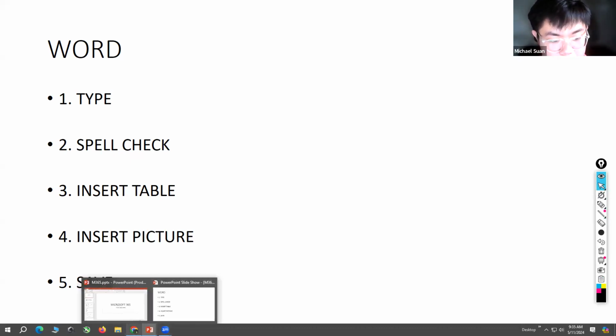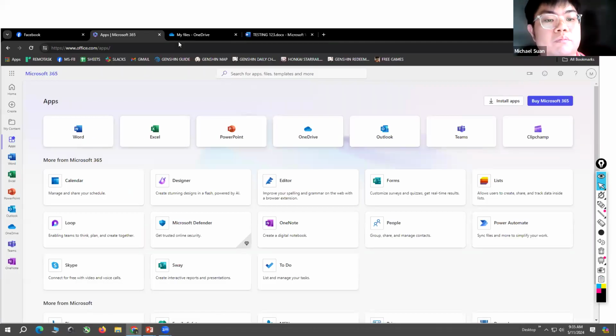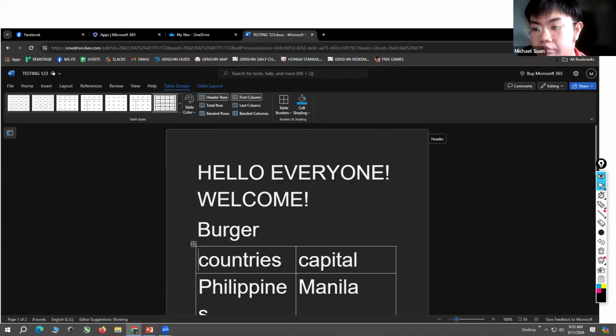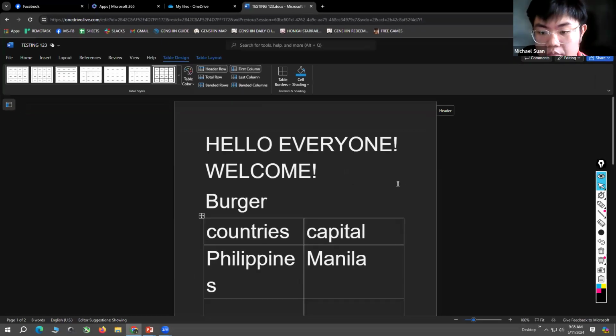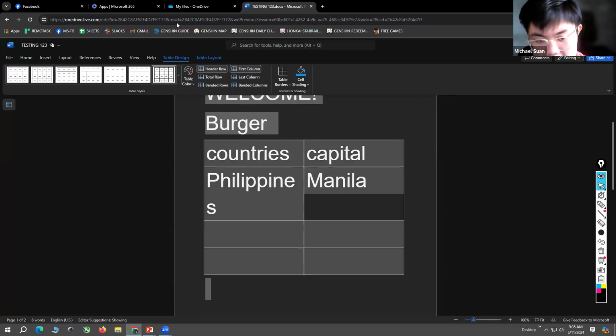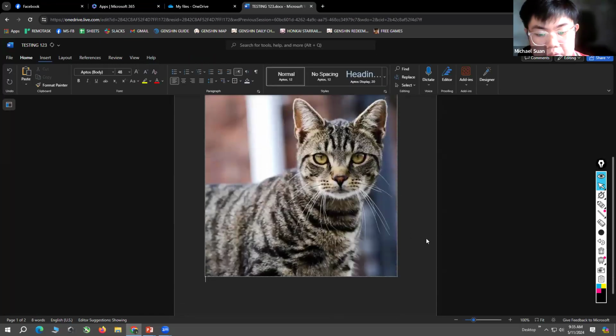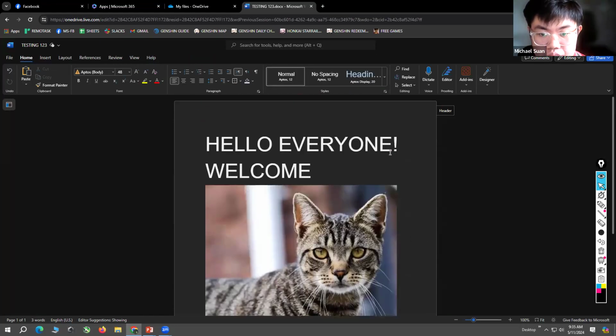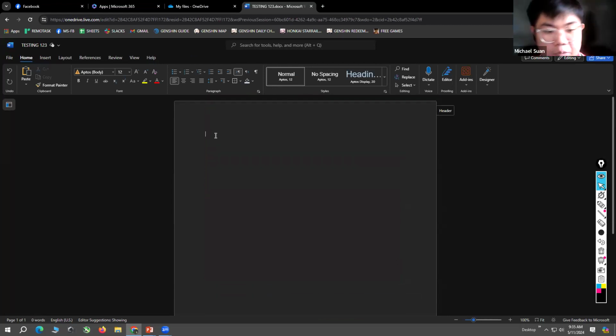Insert a new page in Word, ma'am. On your document, if you are inserting a second page, you insert the page. So if you want a new page, say for example this one, you just click enter.